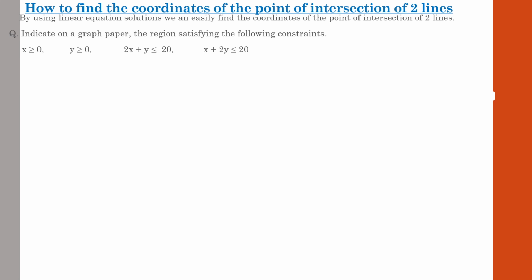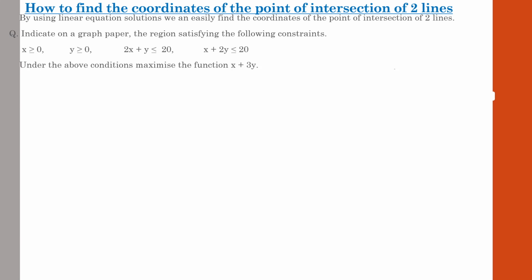So what is the peculiarity of the details given here and the linear equation? In the linear equation, there won't be any sign like greater than or equal to or less than or equal to. There will be only one sign, that is a simple equal sign. So you need to change these into an equal sign pattern or linear equation pattern. In linear equations, we will be using it like that. So let us convert these in the form of linear equations.